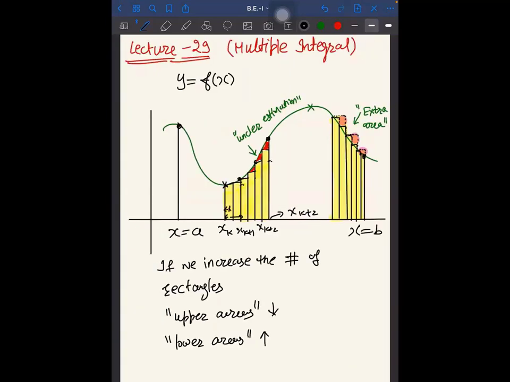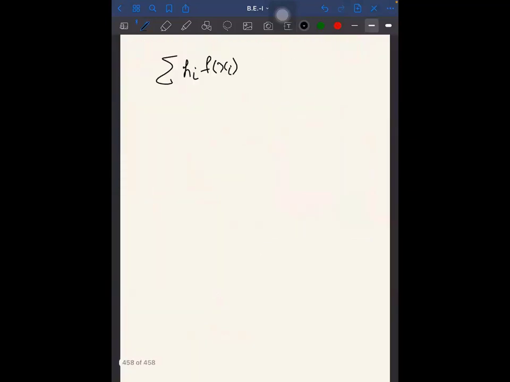So basically we come up with the idea that you take the summation of h_i into f of x_i. That means you take the width of that rectangle and call it h, because you divide it into equal subintervals. And here you call it the height at x, let's say f of x_i. So your i runs from 1 to n. But if you take the limit n tends to infinity,